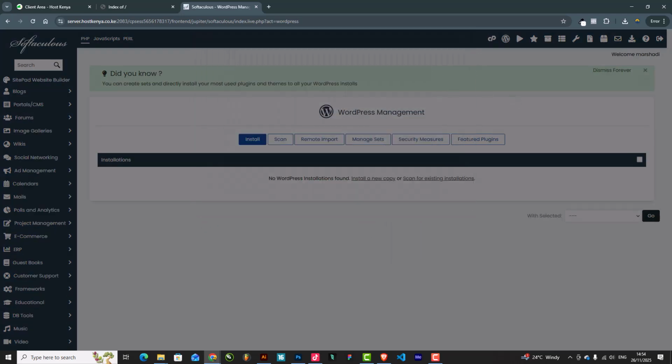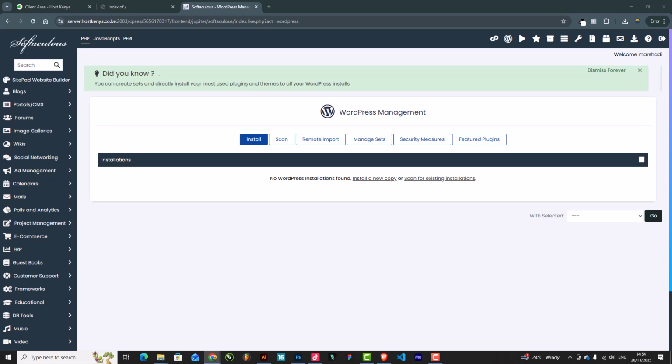Open your notepad or a place where you can keep your logins, because we're going to install WordPress, and the logins we are going to use to install are very important. You should save them somewhere in case of anything. If you have access to your cPanel, you can log into your WordPress. So this is the WordPress management. Click here, install,